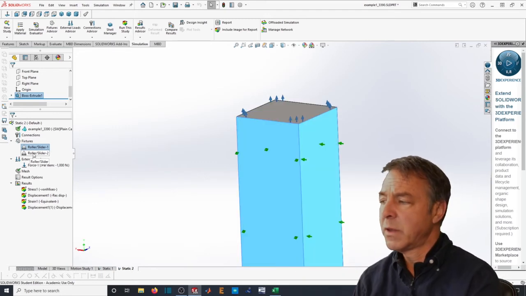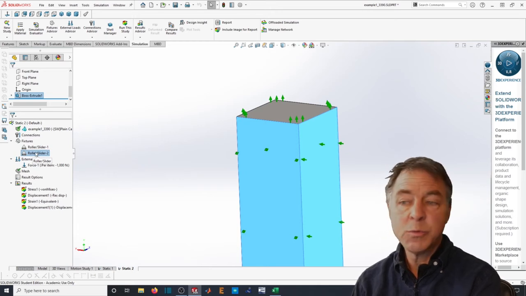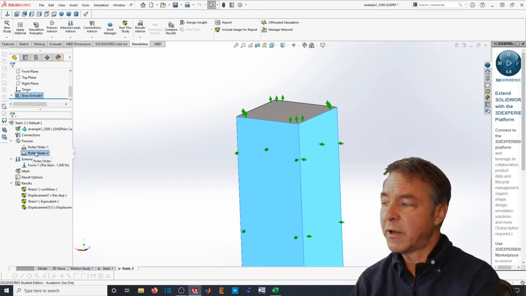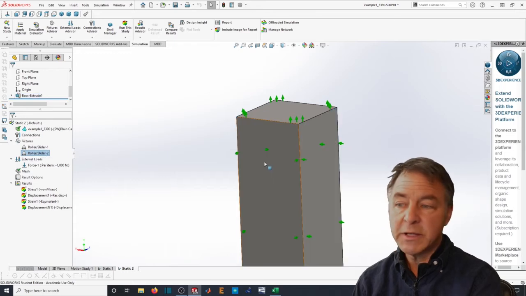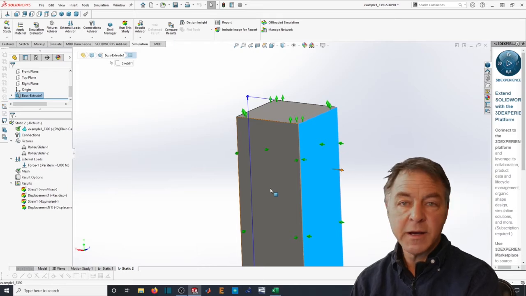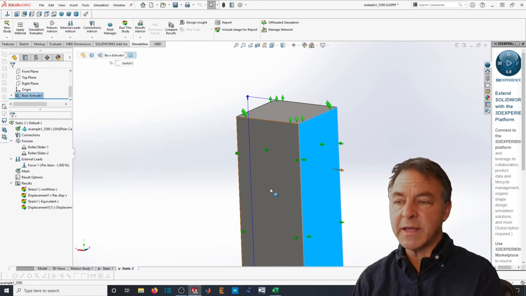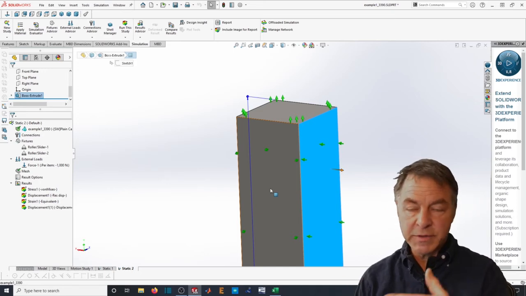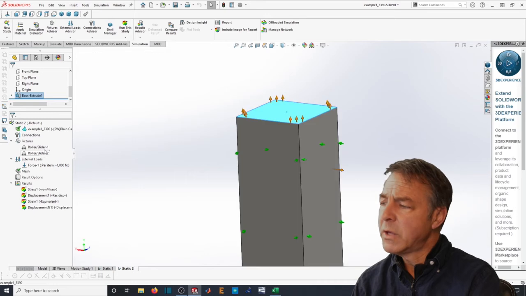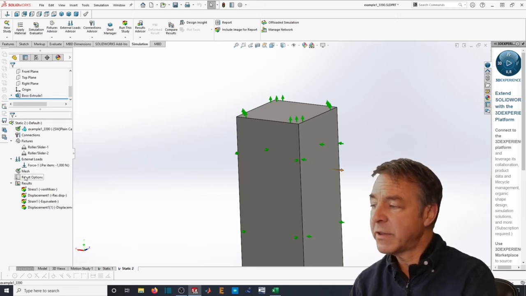side to side. So I've added to that two more slider constraints, which would be on the opposite faces. Now these would be essentially holding this plane and this plane fixed in space, at least aligned, so that they can't move in either direction. So what I've done is I've changed the constraints on one end. I've kept everything else the same. If I mesh this